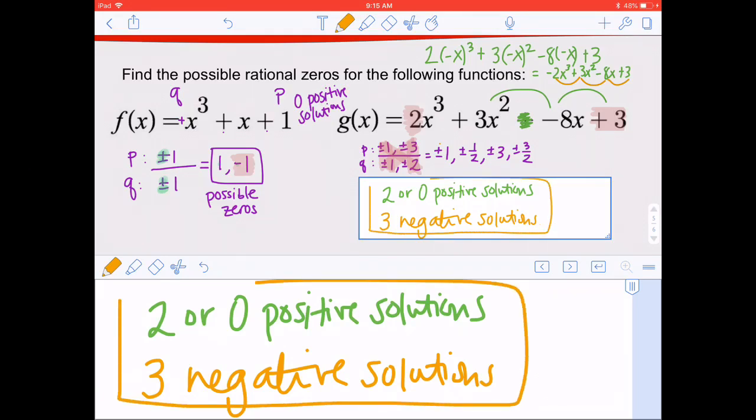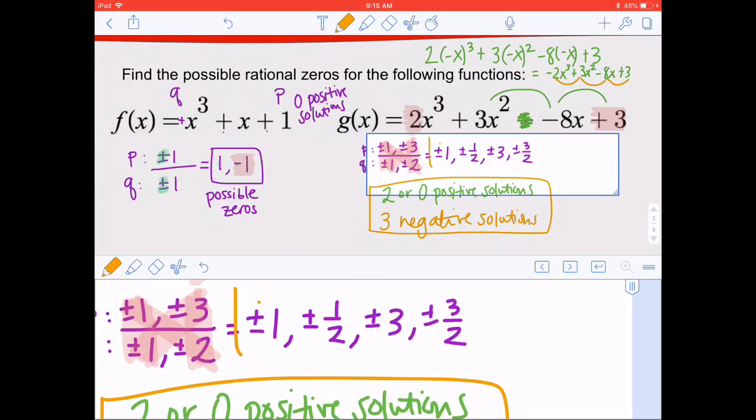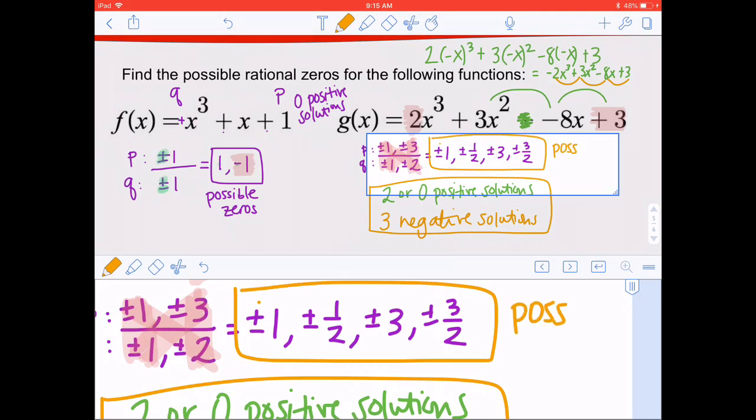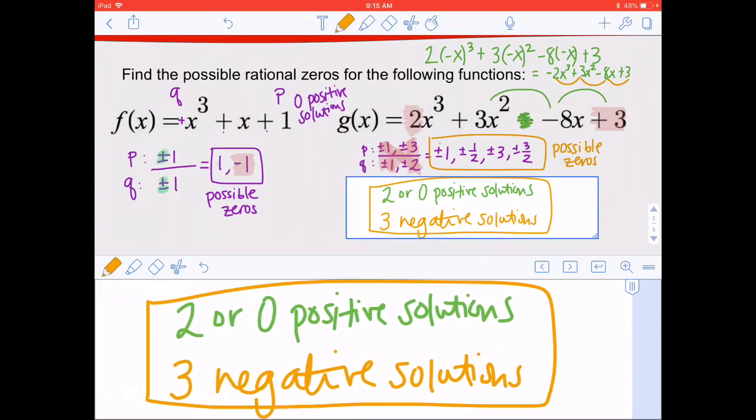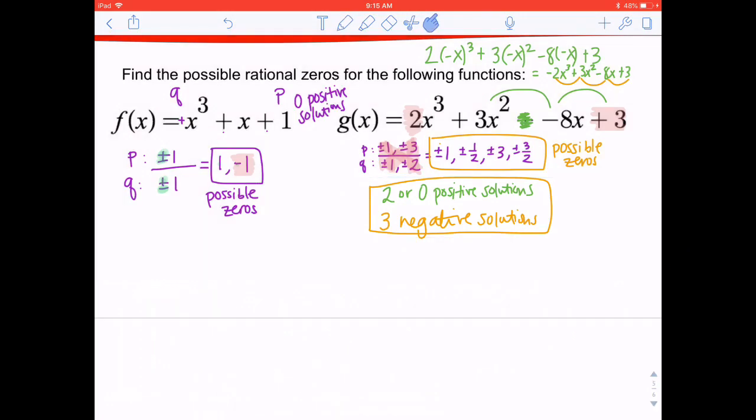So that is how we can use both of those tests. These right here are the possible zeros. And this is using Descartes' rule to see how many zeros we may or may not have. And that concludes